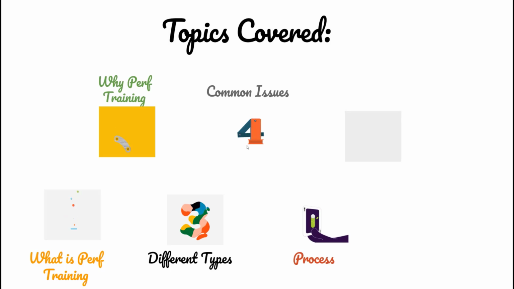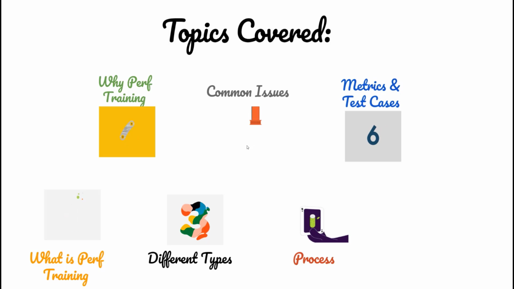And the fifth topic that we are going to discuss is the process in which this performance testing is performed. So for every given software testing framework, we do have a process, and it is designed in such a way that it will follow a step-by-step procedure to have the result which is as per the requirements outlined in the document. The next one is talking about the metrics and test cases. For any given testing methodology, we do have certain types of metrics which have to be measured, and we'll talk about that particular metrics in this tutorial. And we'll also talk about a few test cases